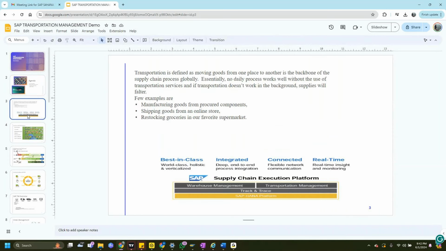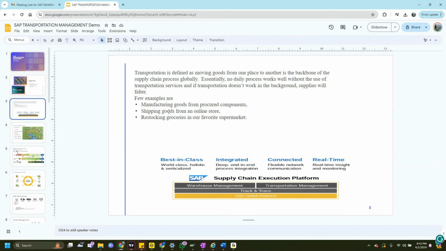So let's get ahead. So, Banu, just a question. How much is it linked with MM and EWM? Is it a fully independent tool, or does it need the background knowledge of how EWM and MM work?